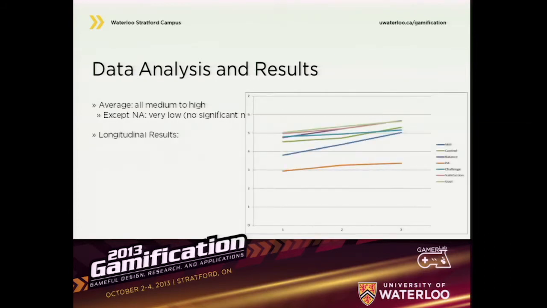And I want to show some of our longitudinal results. You can see in time 1, 2, and 3 how different measures have changed. For example, you can see that these ones have a slight increase. People saw that their skill is going up as time goes on. They have more control, their balance of challenge and skill is going up, and their positive effect, and so on.